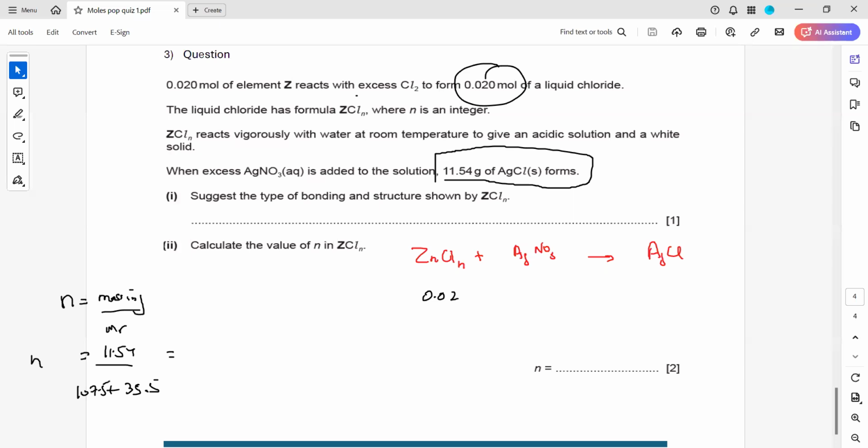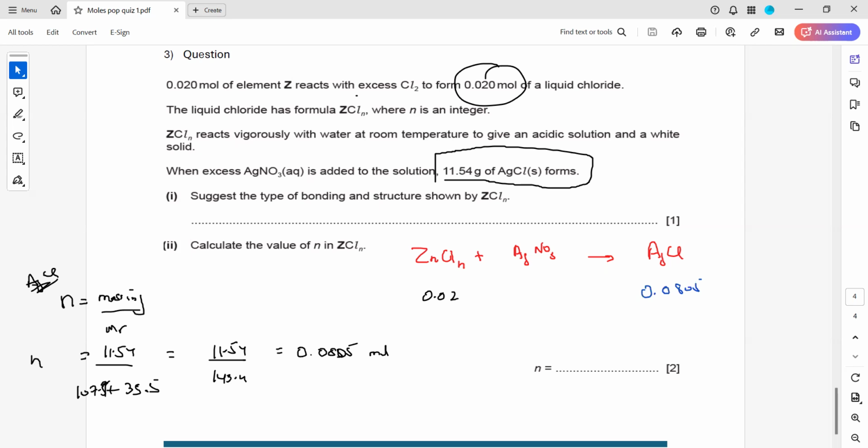So what is the total here? This will be 11.54 and 107.9 plus 35.5. So the total mass will be 143.4. And when we divide, how many moles did we get? We got 0.0805 moles. Is it clear till this point? Yes, sir. So moles equal mass in gram over molar mass. So we got the moles of silver chloride, which is